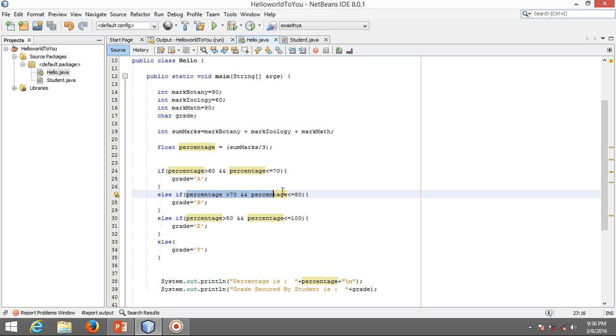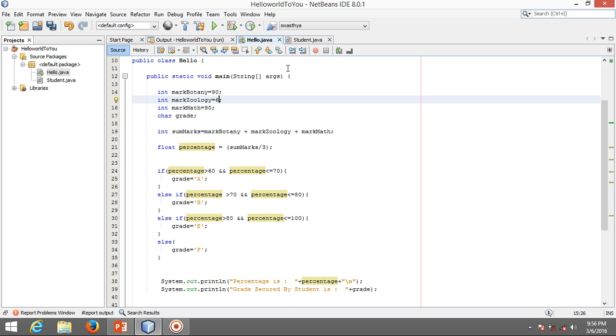Here is the second condition, if it doesn't satisfy this one also, then it will come here, and if it doesn't satisfy this one also, then it will come to here. Since when we ran for the first time we had grade A because that condition was satisfied, and the next time when we increased the marks to 90, our grade became B.